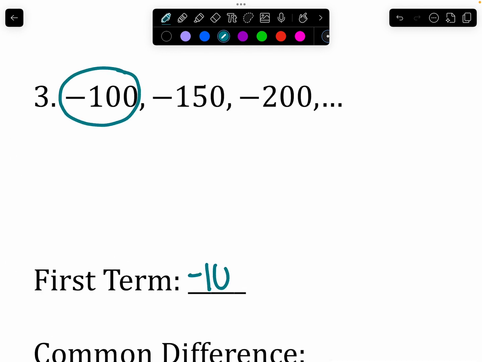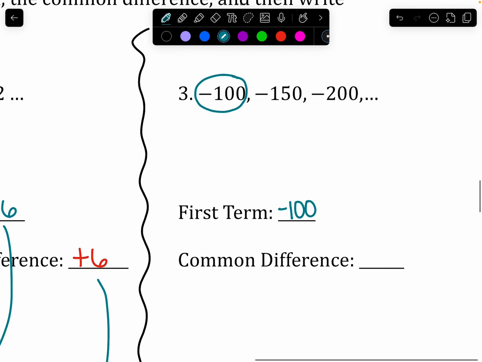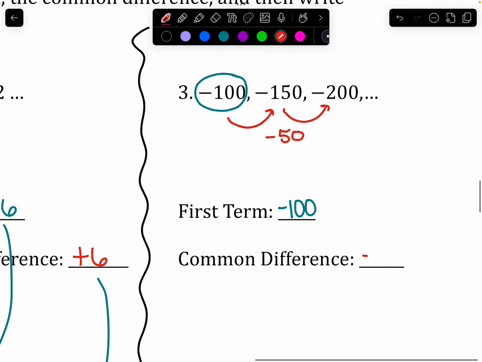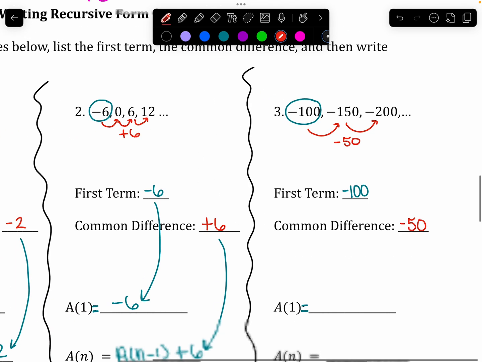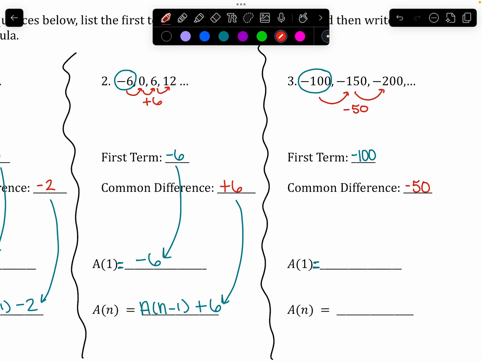Last one, number 3, my first term is -100. Disgusting, that's a really big number. And then what am I doing to get from term to term? It looks like I'm subtracting 50. So we've got A of 1 equals -100. And then I've got A of n equals A of n minus 1 minus 50. And I have completed